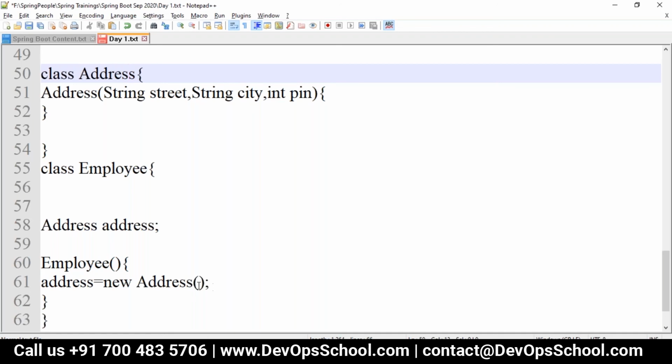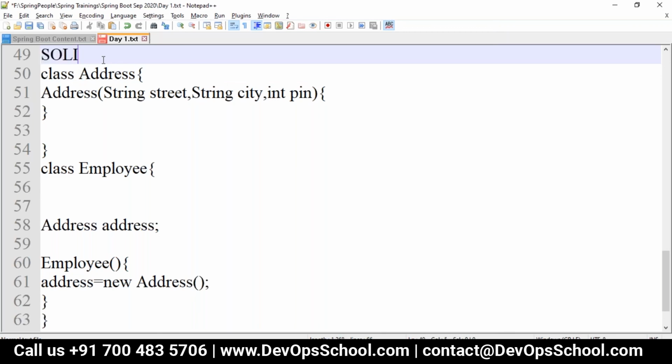Such coupling appears harmless and does not disrupt a small program. If it's small, it's okay. But when you are preparing an enterprise level application, it becomes a real dependency. Among the design principles, we have the SOLID principles.